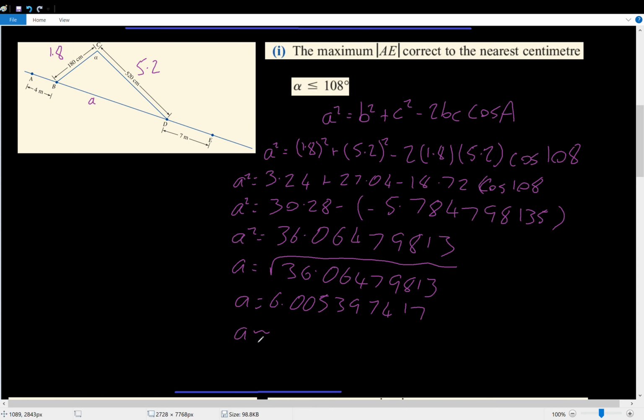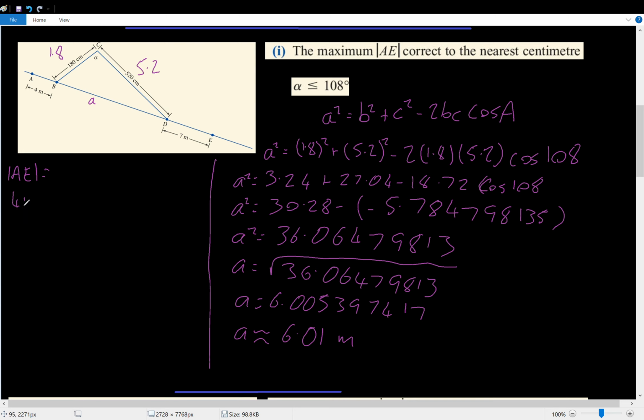So A is approximately equal to 6.01 meters, because that would be to the nearest centimeter. When we're dealing with meters, the nearest centimeter is 2 decimal places. So that's what we have here. So our distance BD is 601 centimeters, which means that our distance AE from this is going to be equal